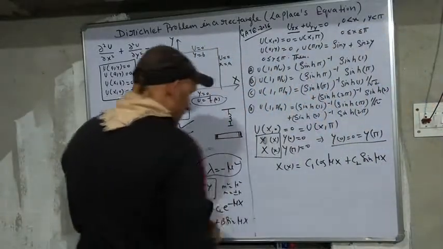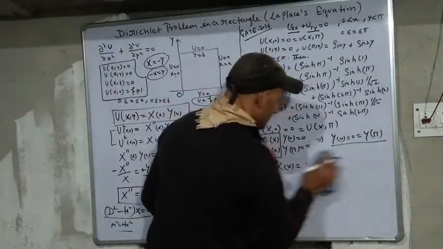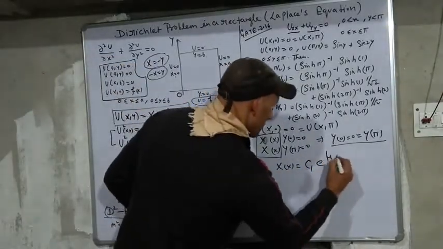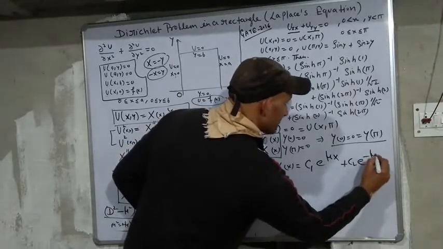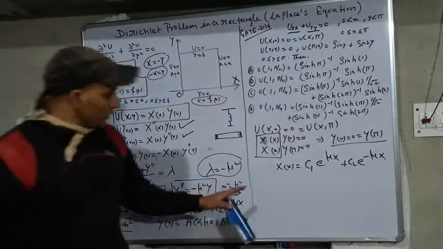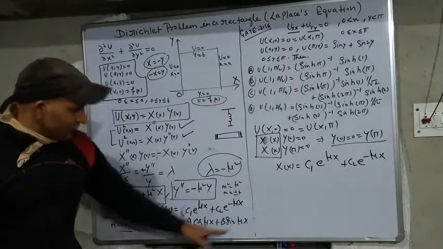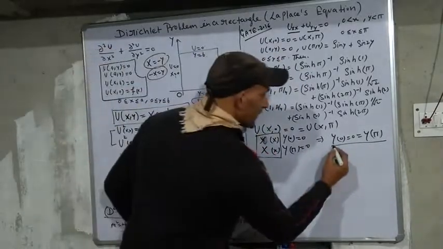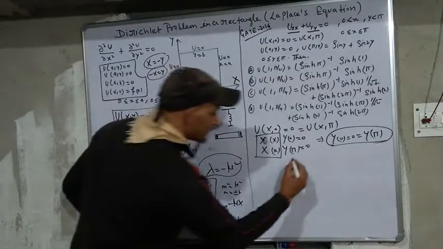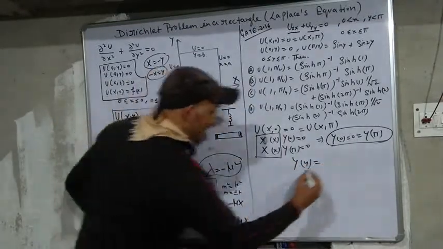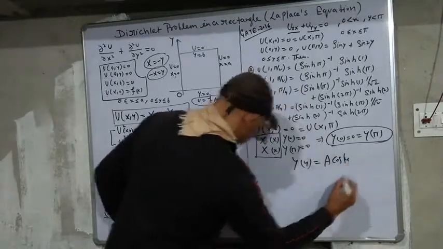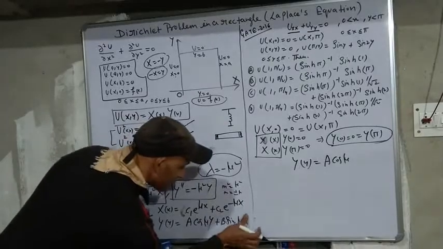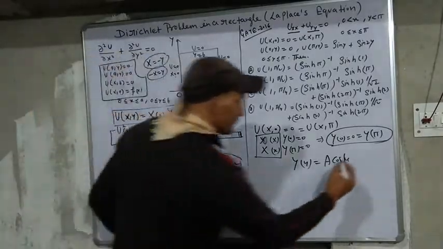Now I will use this boundary value condition. So your X is equal to c1 e to the power μx plus c2 e to the power minus μx. So this is your X, but your Y is this. Okay, but we are getting the Y, we are not getting X because the boundary value condition is this. So your Y is equal to a cos μy. Okay, this is Y. Sorry for that. This is Y and this is also Y. This is μy